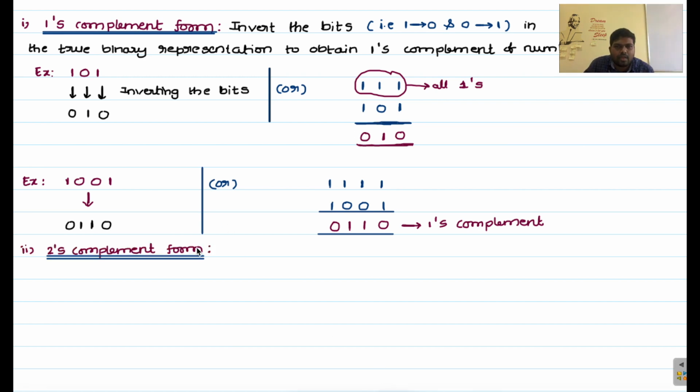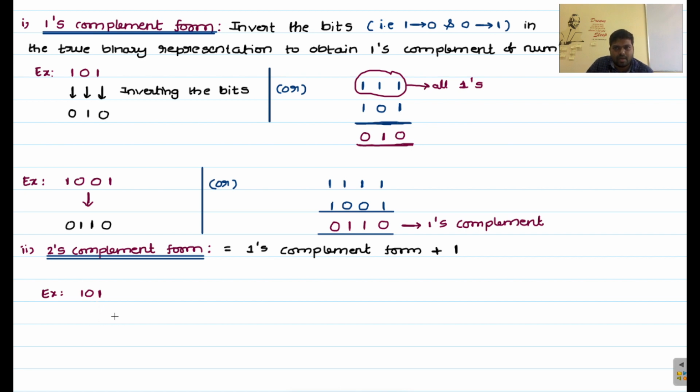And the next one is the 2's complement form. Here, 1's complement form plus 1 equals 2's complement form. So here I am writing 1's complement form plus 1 equals 2's complement. The first example is 101, right? The 2's complement form of 101. First you need to calculate the 1's complement form. After that you add plus 1 to that 1's complement form number. Then you will get the 2's complement form number, right? So just take the inversion of this particular bit.